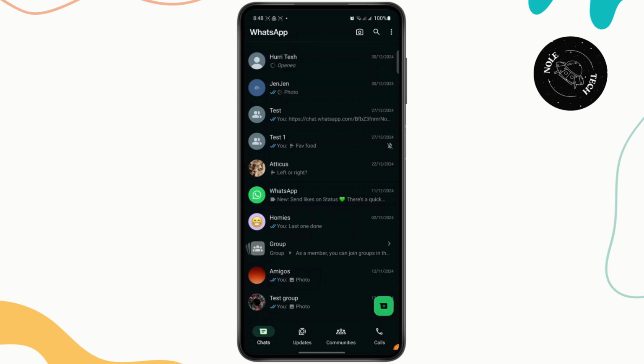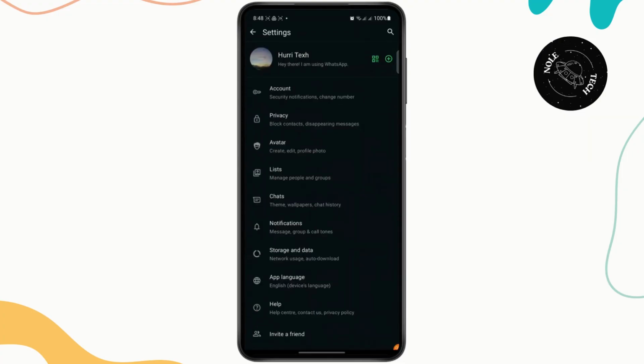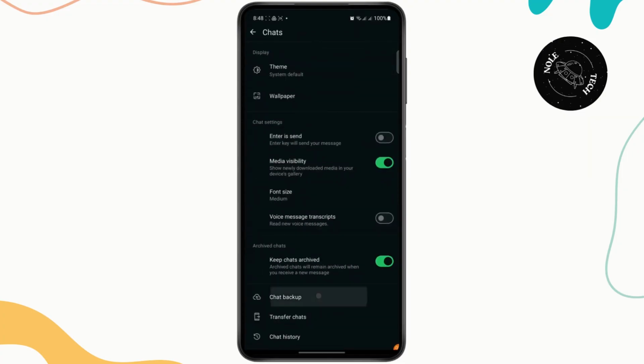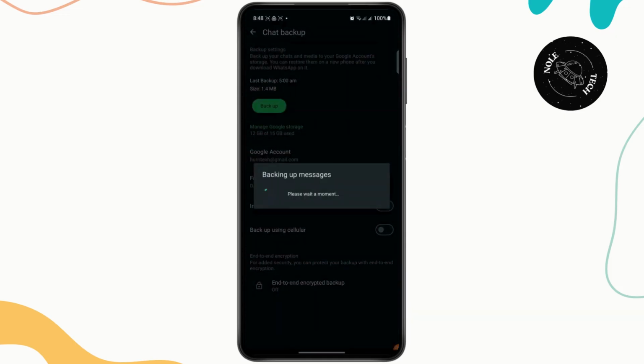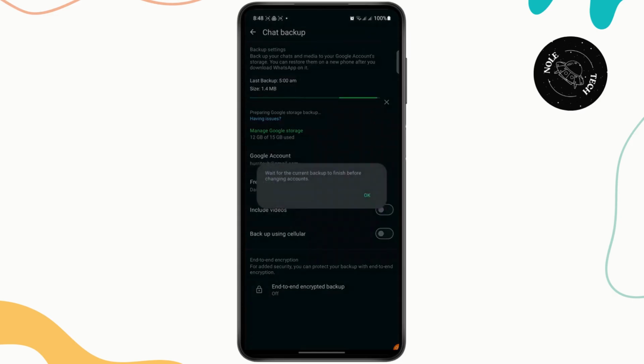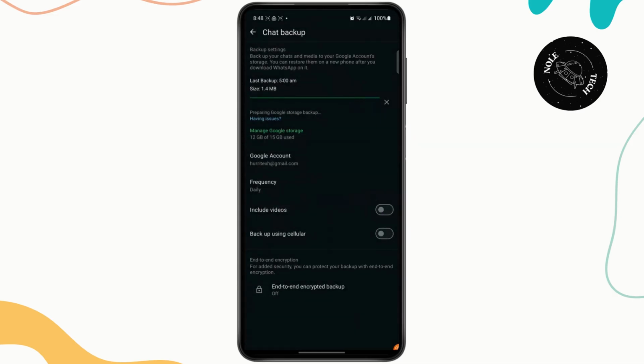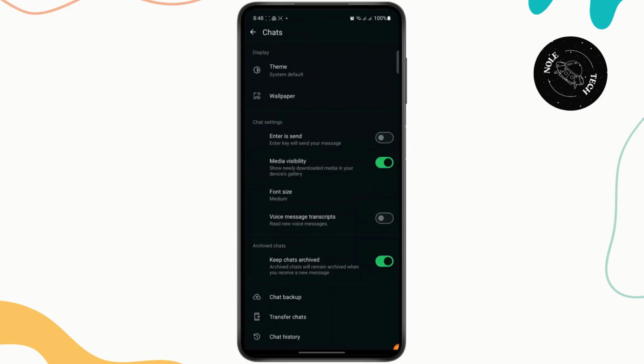And if you don't see it here, the first thing you need to do is tap on the settings icon here and then tap on chats. Head over to chat backup and make sure that you back up all of your chats. Make sure that you are connected to a Google account, and once you have done that, go back